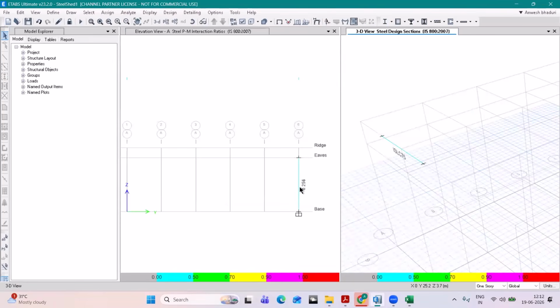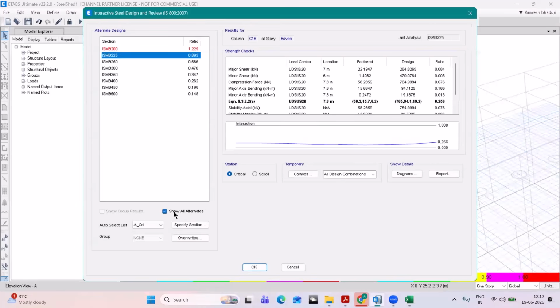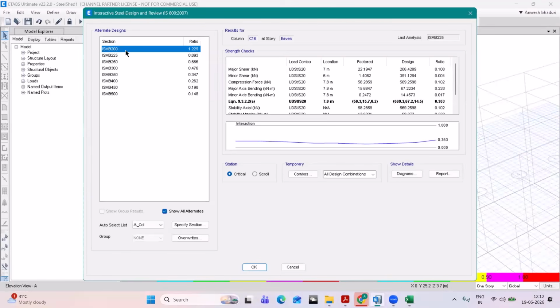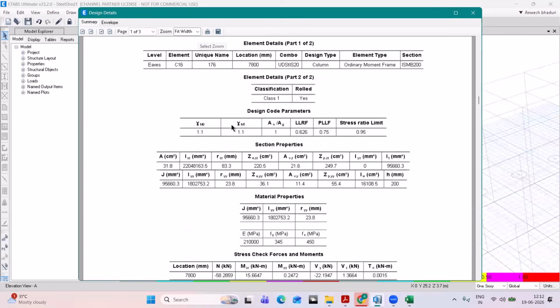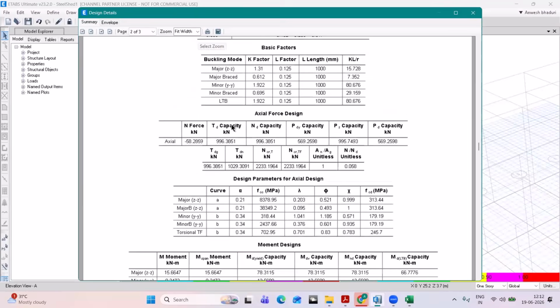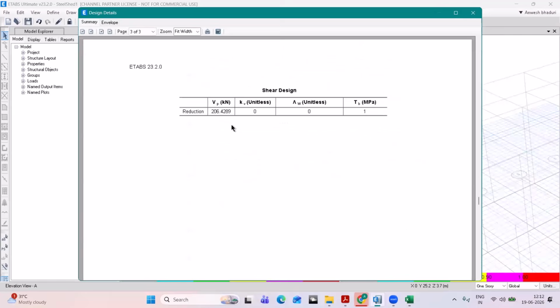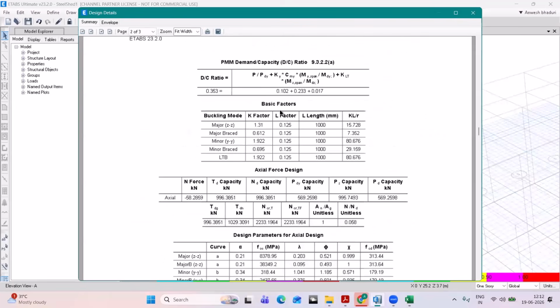For example, if I just turn on this form, you can see there is a member ISMB 200 which has a demand capacity ratio greater than 1. So that itself will be hidden. You can check the reports of the individual members by going to the report, and you can investigate the reason for the failure. So here basically,